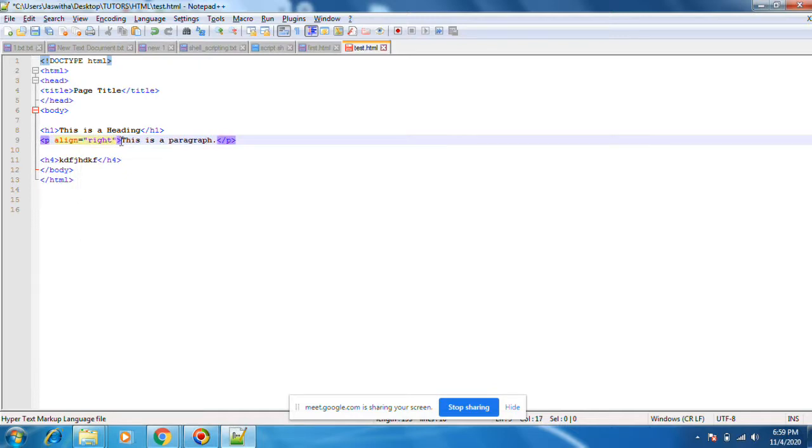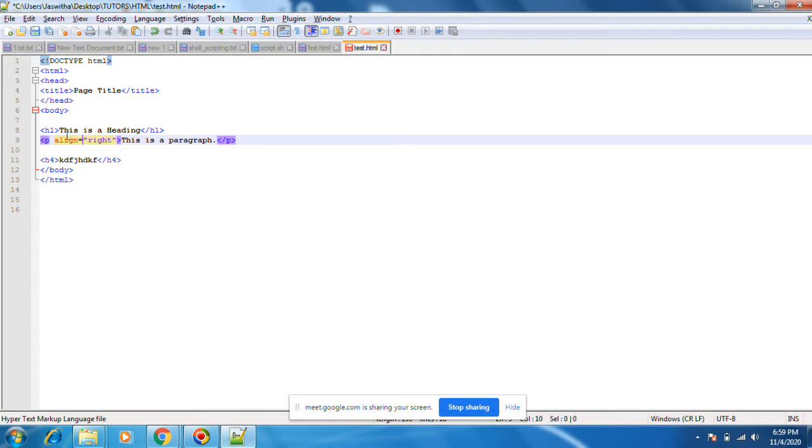Okay, this is another attribute. Whatever element data can be formatted, those things are attributes. Those attributes will be written inside this first starting tag.